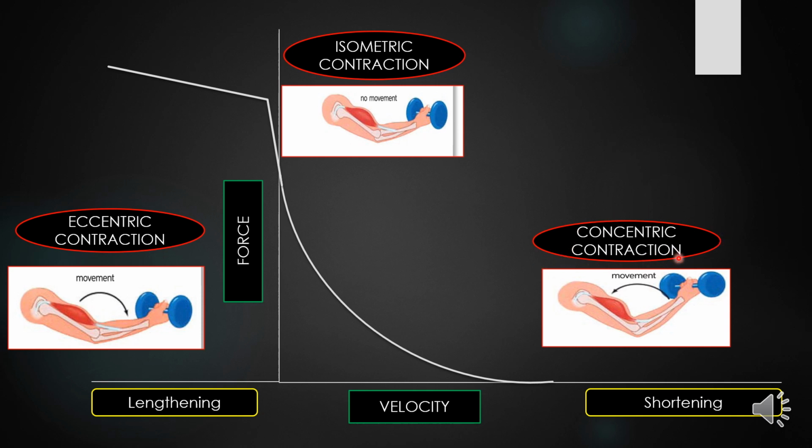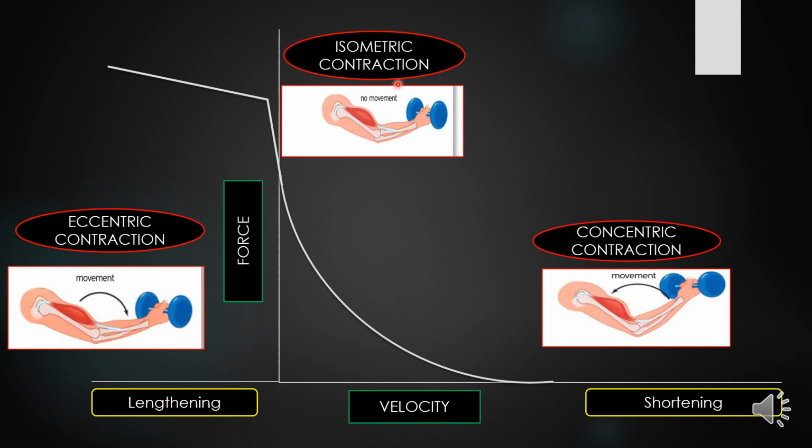It says whenever the muscle is going into the shortened position with the weight, then force is inversely proportional to the velocity of contraction in the muscle. Let's take an example. If you are lifting a higher weight, then the velocity of contraction in the muscle will be less. And if you do the opposite, if you train your muscle with a lower weight, then the velocity of contraction will be higher.